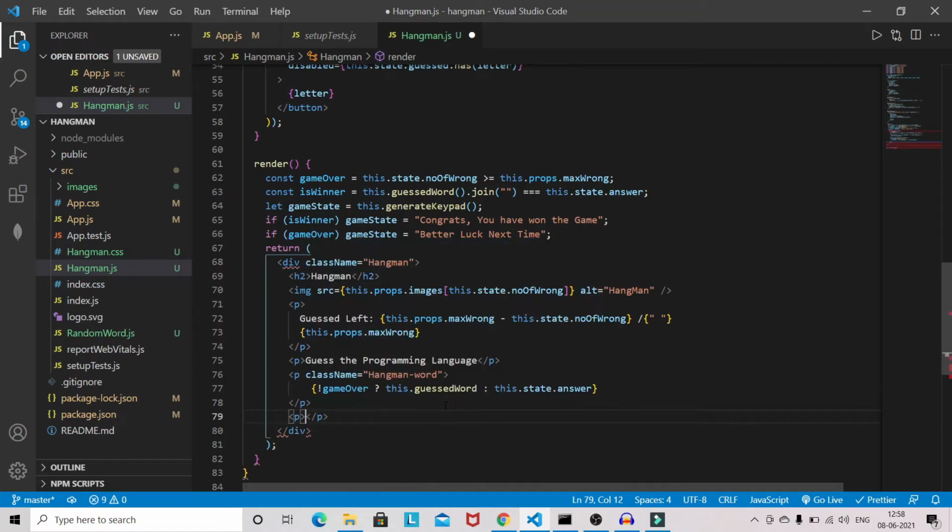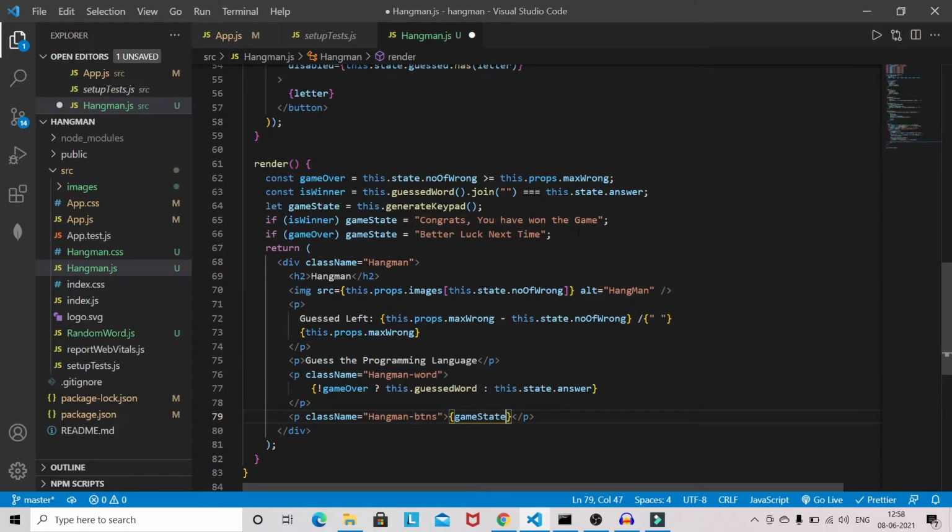Now we'll have to show the buttons here, so class name hangman btns and the game state.